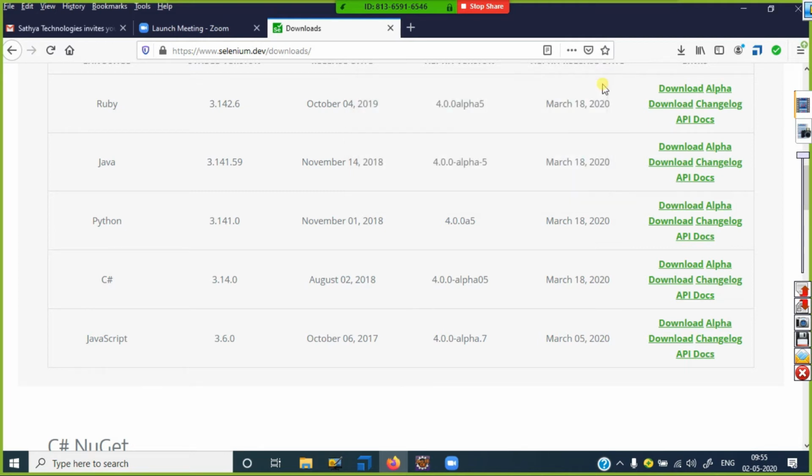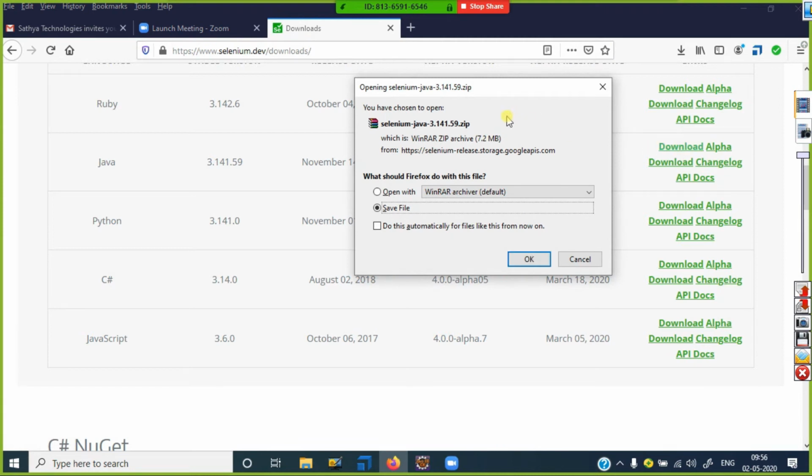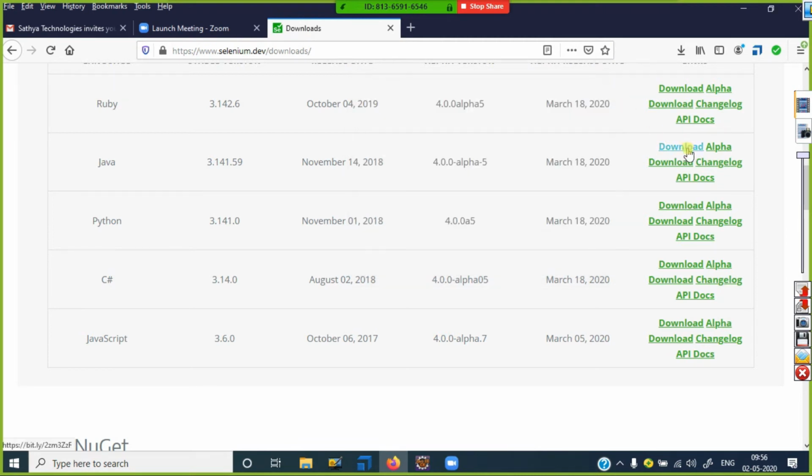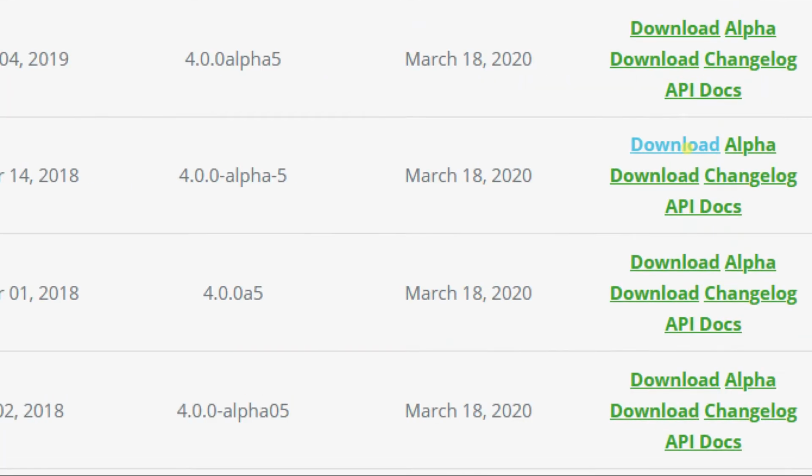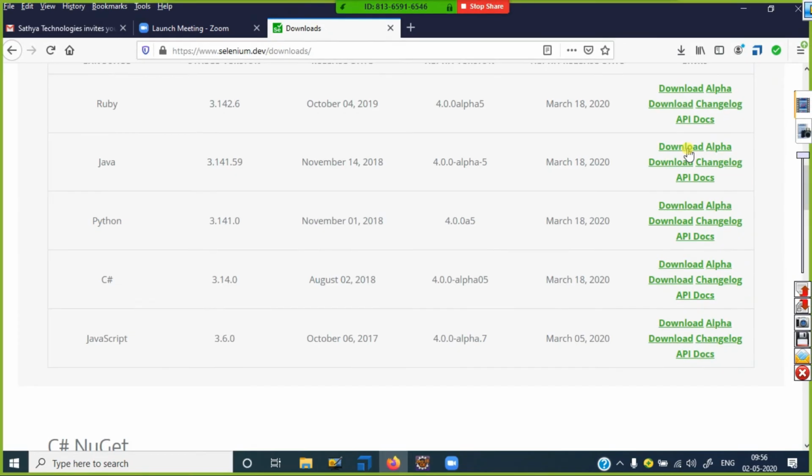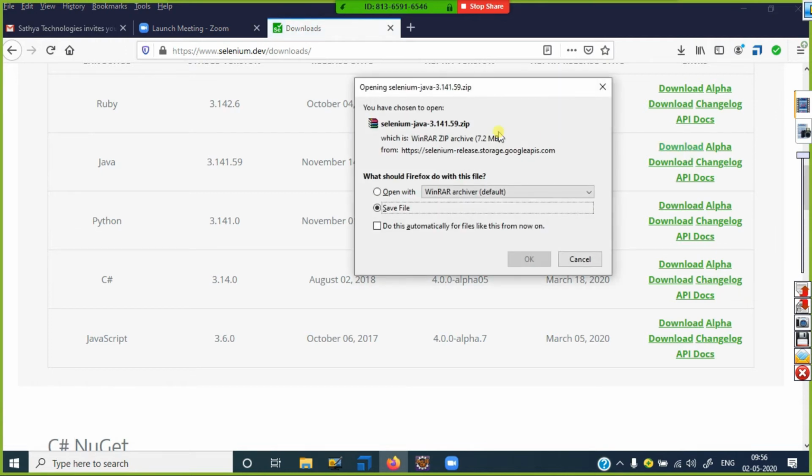I don't want that one, I want the stable version. Download this one. See, this is another version. If you click on this download, it comes in some other manner. See, this is called zip format.